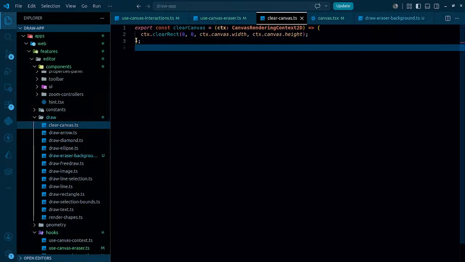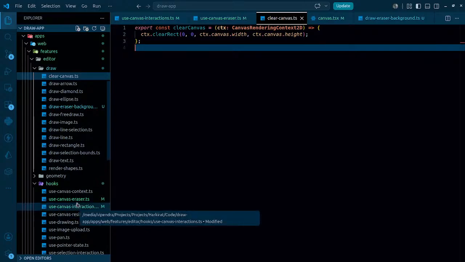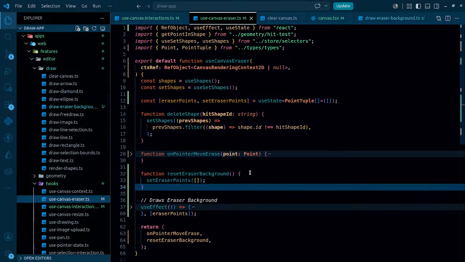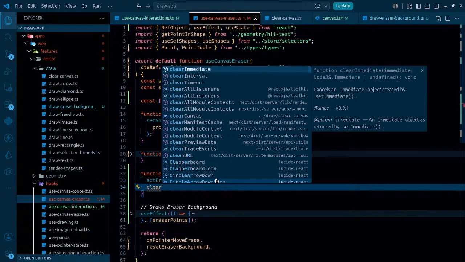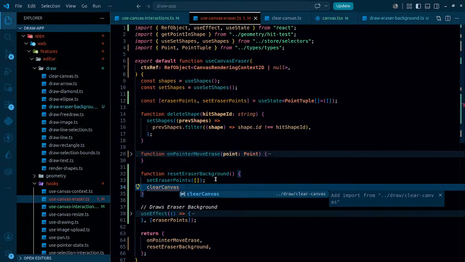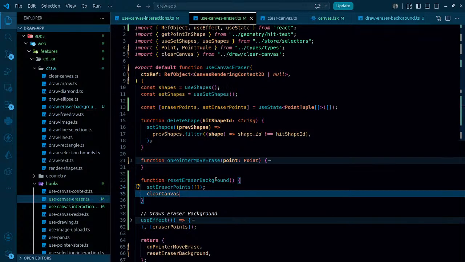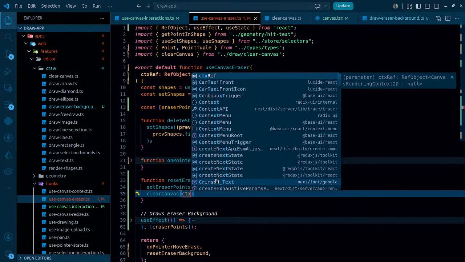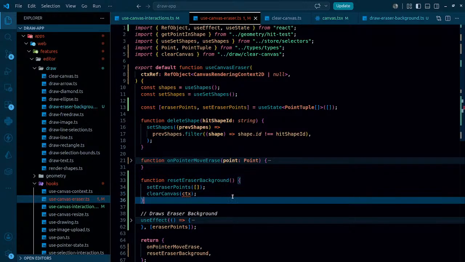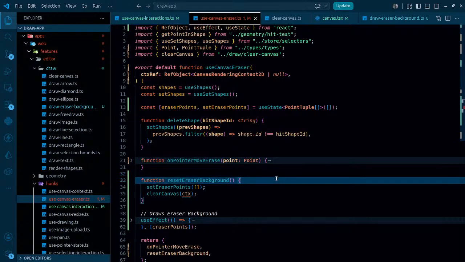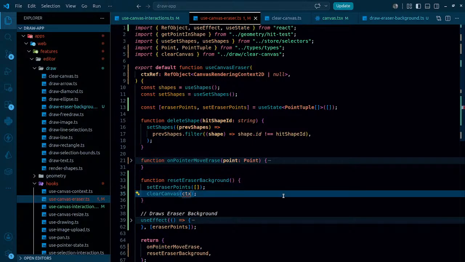Clear canvas size, this is it, and it needs to be used. So inside this reset background, I'll set it to this, and clear canvas from draw, clear canvas will be enough. It needs the CTX, I'm gonna pass, and that context I already have it here, and that is called CTX